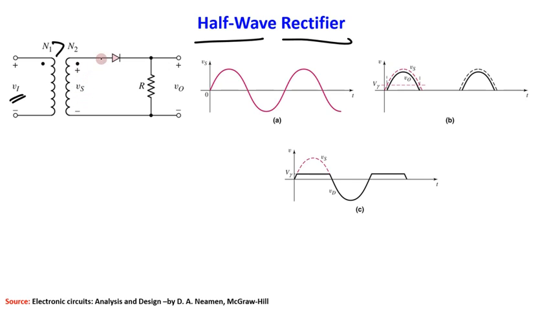Fine. And now after that we have to connect one diode, a PN junction diode, with one resistance connected, and we have to take the output across this resistor, right? So then what happens? Let us focus from here, this Vs only. This Vs is obviously one sinusoidal signal, right? So let us say the Vs is like this.